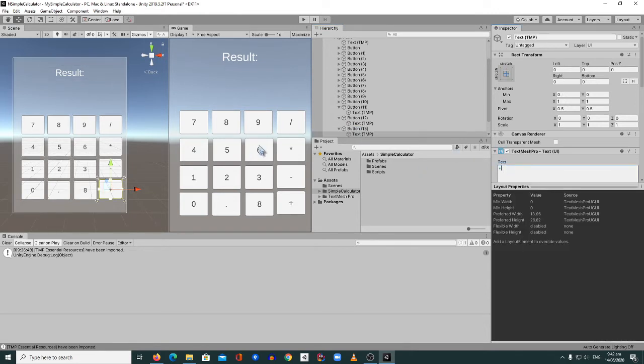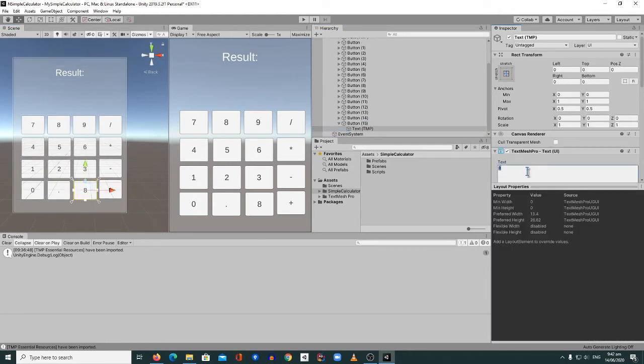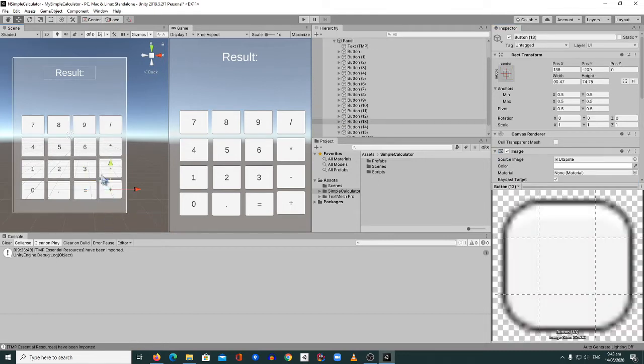Alright, so are you still there, guys? Yeah, it's a bit boring when you're designing UI, I know that, but we need to learn the basics right now. So yeah, we're going to make these equal. Alright, so we have what looks like a calculator layout, not perfect, but it's fine. And again, there's a better way to do this, but we're doing it this way because